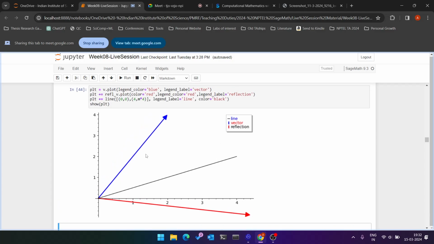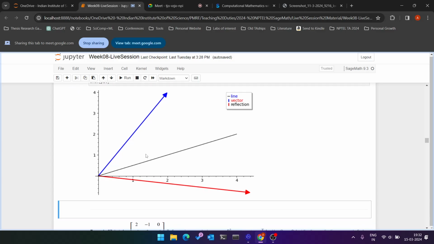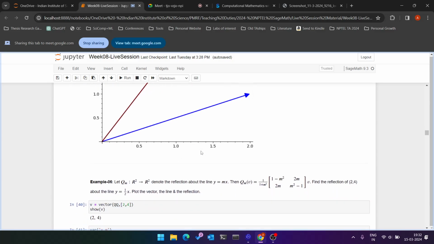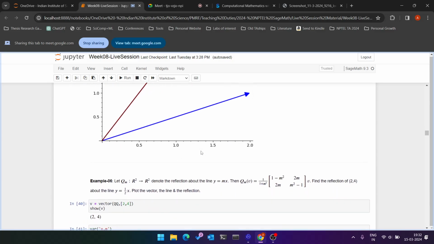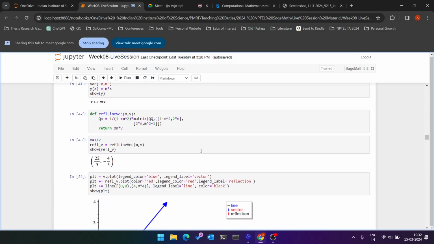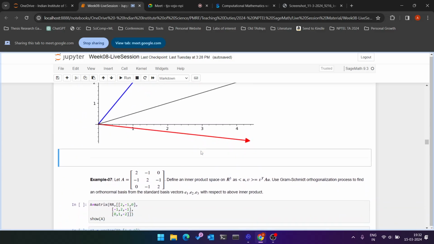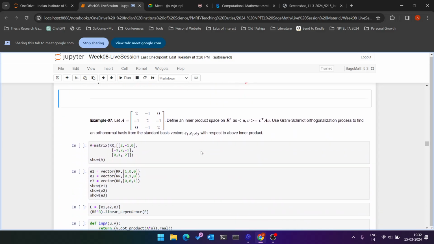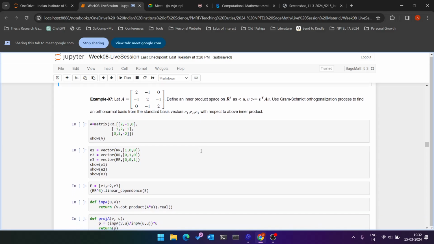Okay, so yeah, any doubts with this particular example? Okay, it seems this is also clear. The next example that